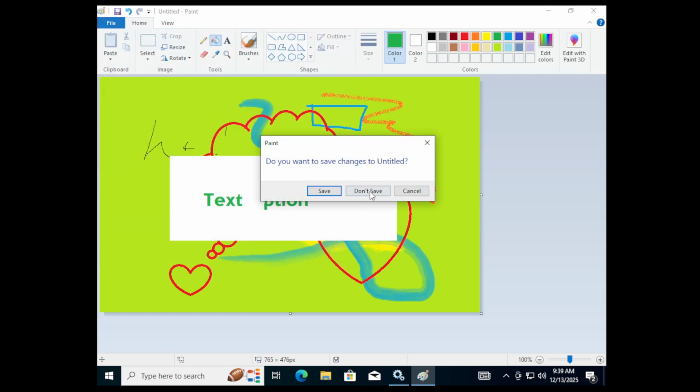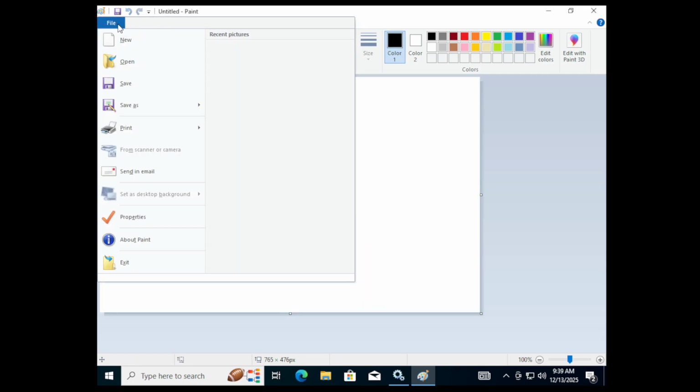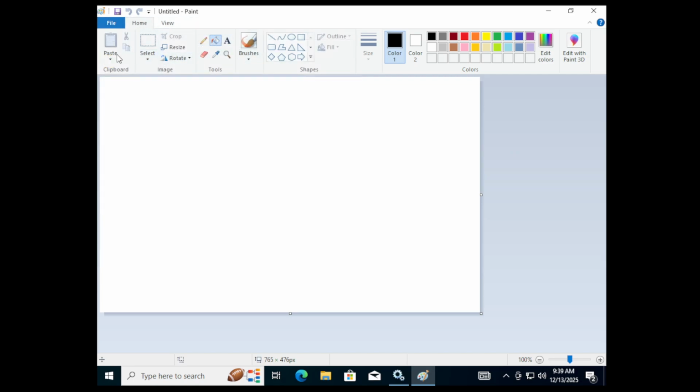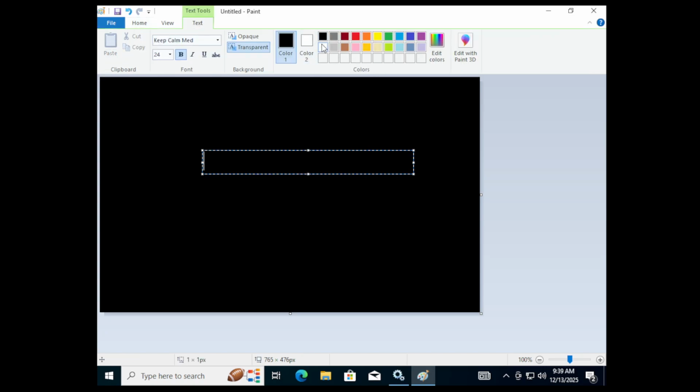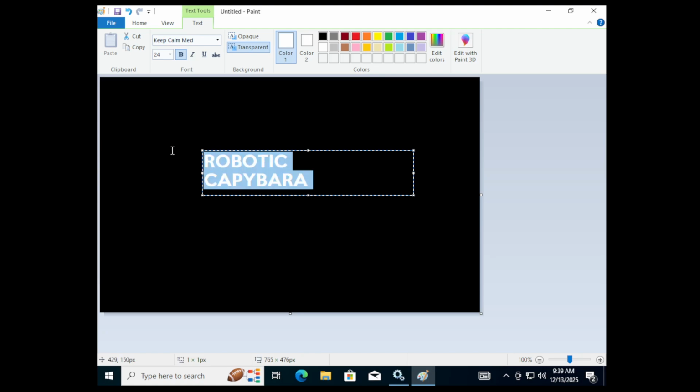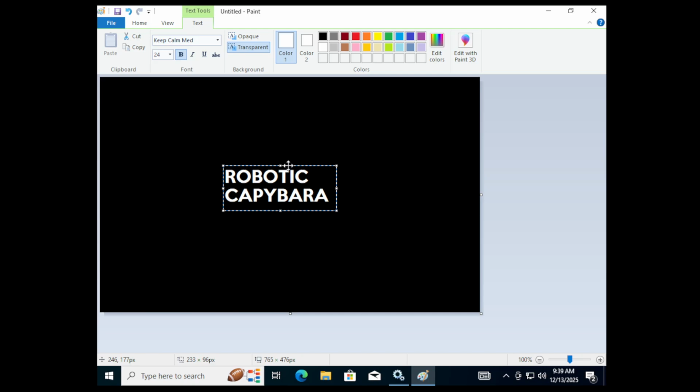So I'm going to hit New, don't save, and I'm going to make it fully black. I'm going to put in the text. I want white text. Say robotic capybara, just like that. I'm going to put it like this, center it in the middle,